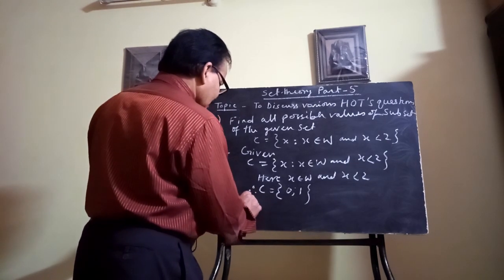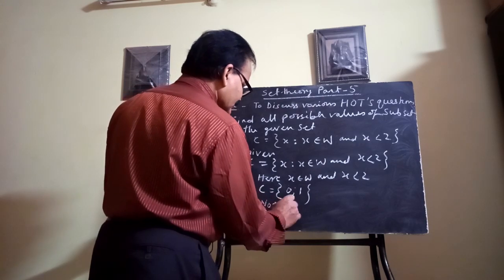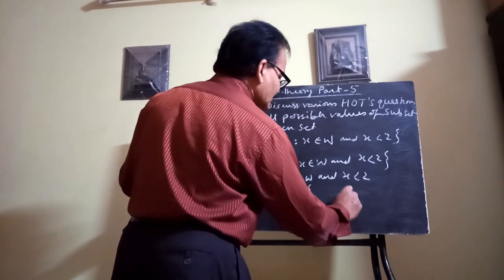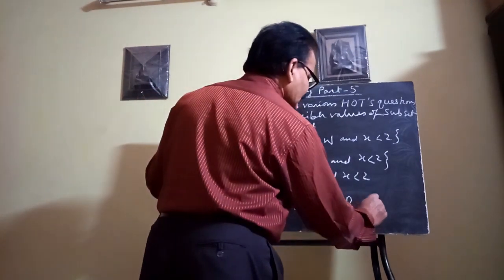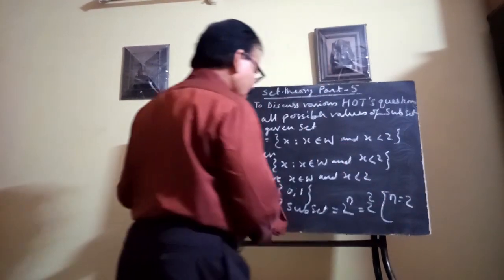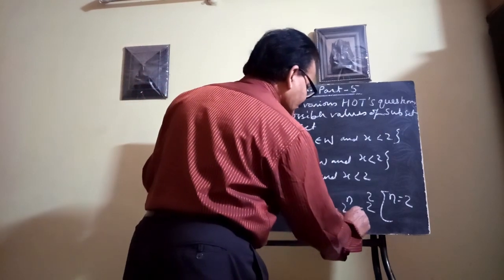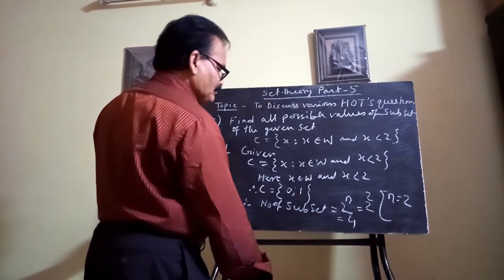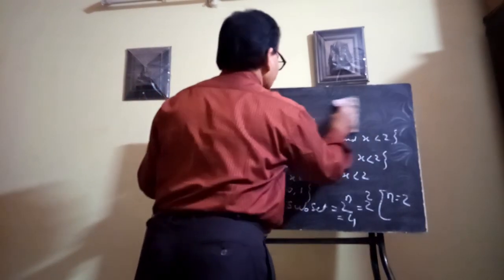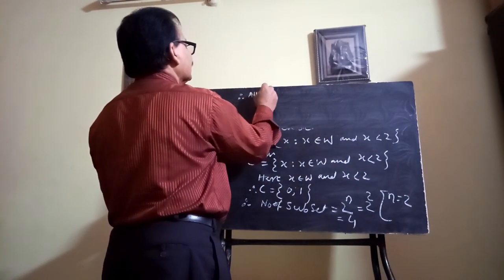Therefore the number of subsets is 2 to the power n, that means 2 to the power 2. Here n equal to 2, n is the number of elements present in the set. So 2 to the power 2 is 4. So therefore the possible values of your subsets, all subsets, are